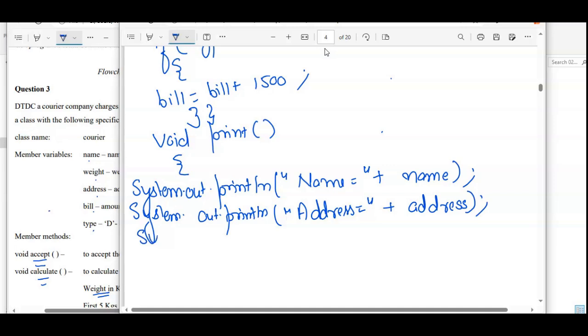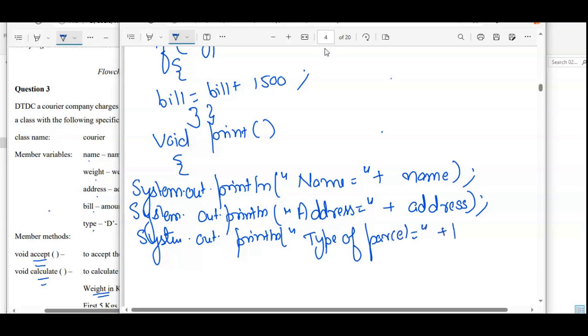Then the third is to display the type of the parcel, in the type variable. And then we have the weight of the parcel.